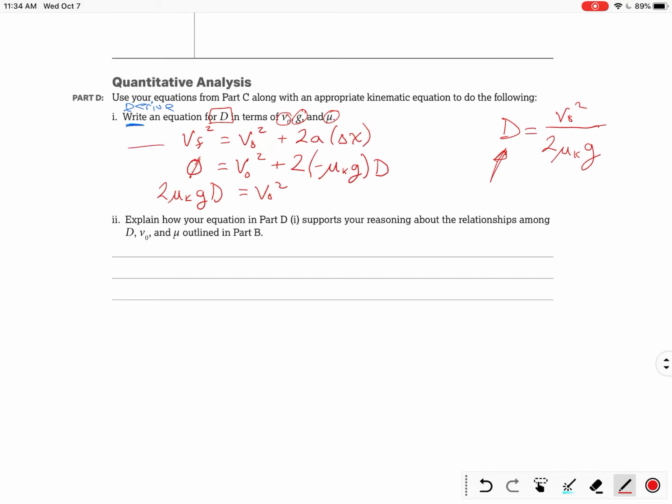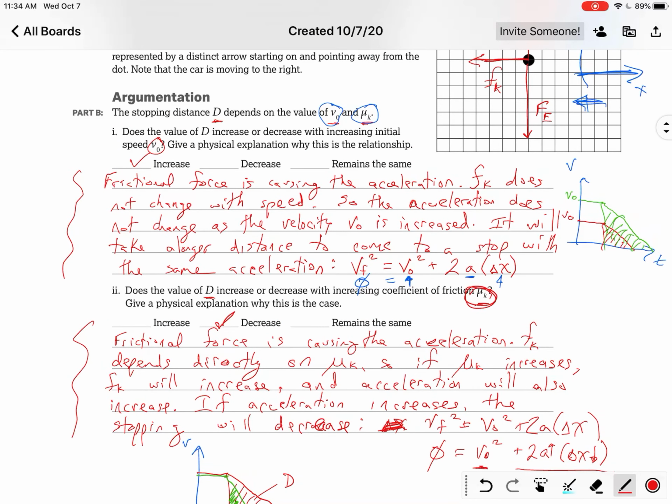So that's a derive. I started with a formula right off of the formula sheet, and I've solved it for the thing in question, D. Now, explain. Let's link this back to what we said in part B. Let's remember what we said in part B. As v0 goes up, D will go up. As mu sub k goes up, D goes down. So let's look at this equation. Does this support what we said? Okay, so v0